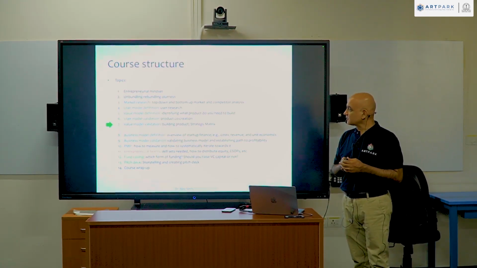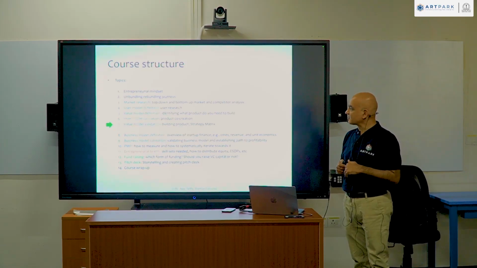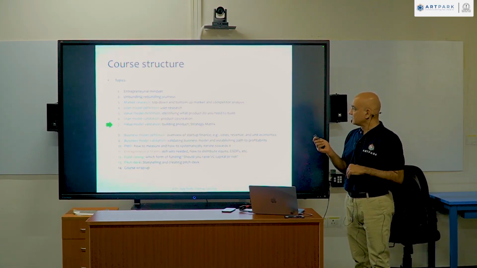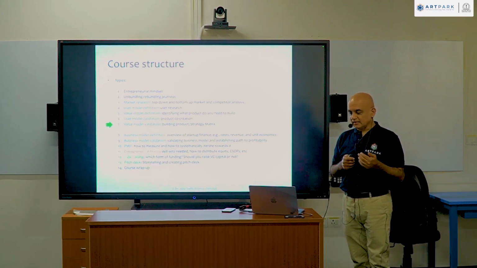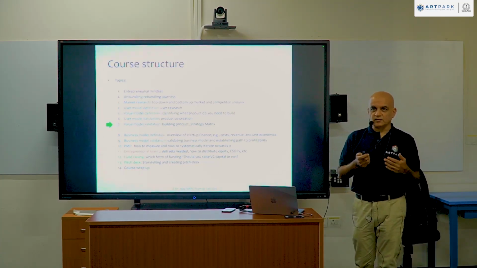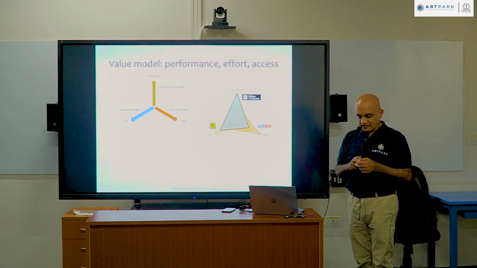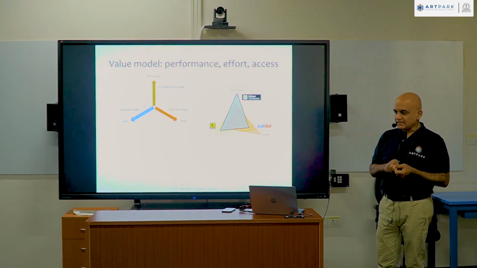Last class talked about how you can do the user model validation. This time we'll talk about how you can do the value model validation, right? And I think in that context, we'll talk about what products to build and how you want to go about doing it. Right? Just to do a quick recap,